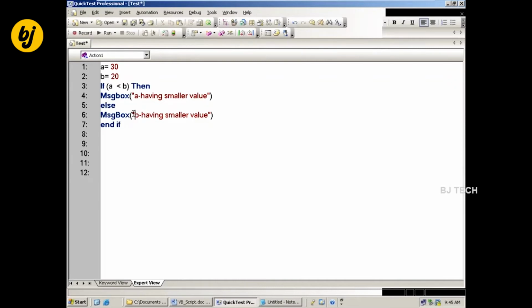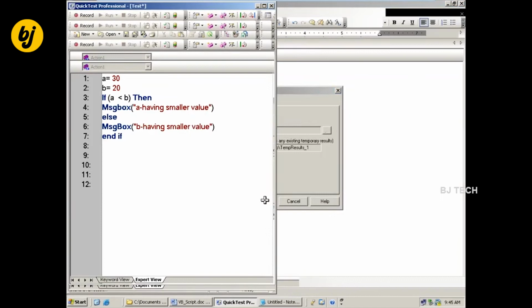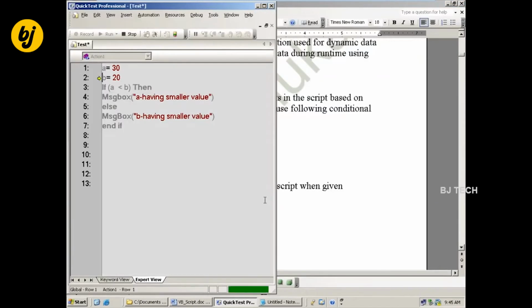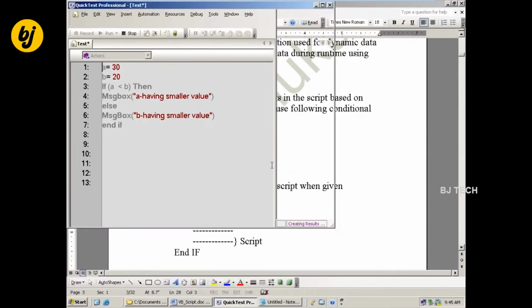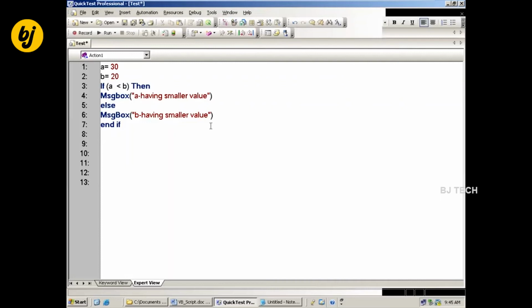You need to understand the execution flow here: when the condition is false, control comes to the else spot and this block of statements executes. Now, A having smaller value, B having smaller value; whichever value is smaller, I want to display that value.